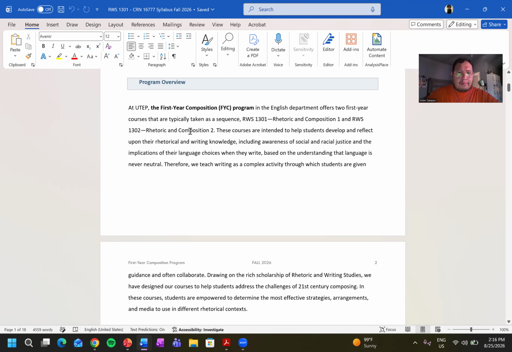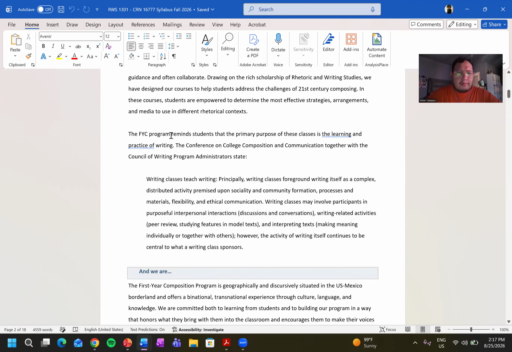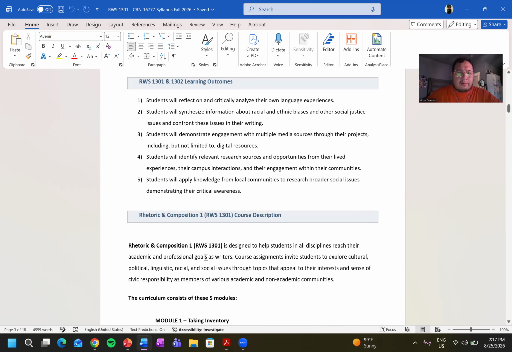Okay, so you can read the program overview. This class is designed by the first year composition program, which I work in. They developed 1301 and 1302 to be part of the same, I guess, one big class. But all you really need to know is that for 1301, if you go down here to the learning outcomes and the course description, our focus is to get you used to writing at the college level, by attaining your author's voice and becoming versatile in composition in multiple genres, by looking inward, through finding your author's voice. Because knowing yourself just makes you better all the way around. Okay. So that's what we're going to be doing, but I am expecting you to read that on your